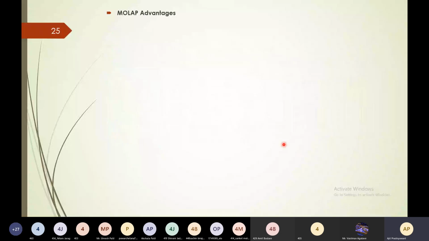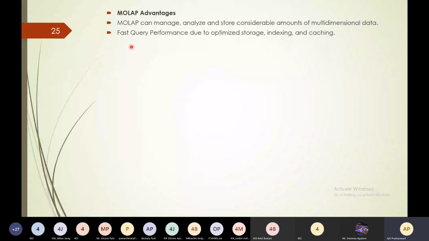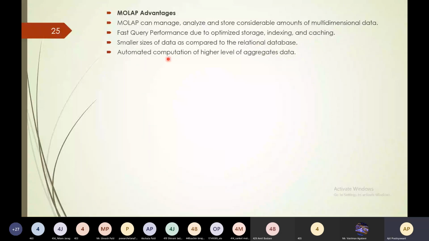So let's understand the MOLAP advantages. MOLAP can manage, analyze, and store considerable amounts of multidimensional data. Fast query performance due to optimized storage, indexing, and caching. Smaller sizes of data as compared to the relational database. Automated computation of higher level aggregate data happens in MOLAP.